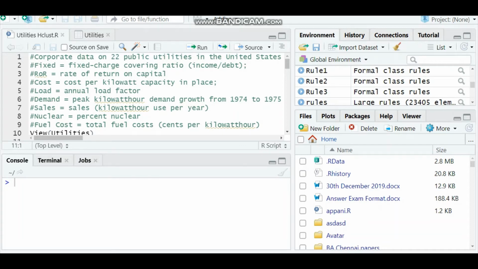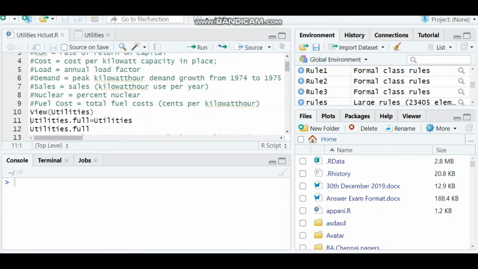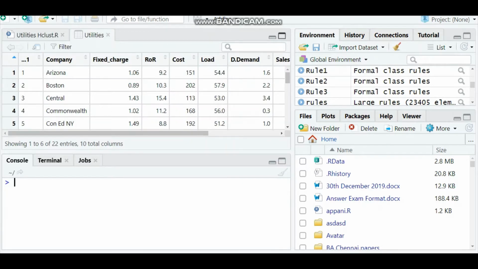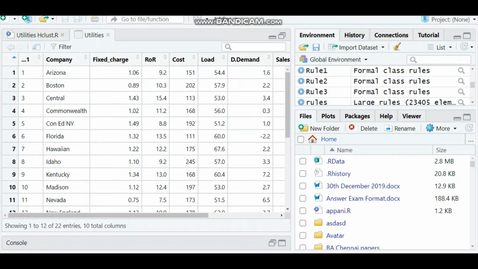Hello all. In this video, we'll be trying to analyze hierarchical clustering using a data set called utilities. Let me show the data set of utilities over here. If you are able to see this data set of utilities, it is nothing but United States public sector utilities,